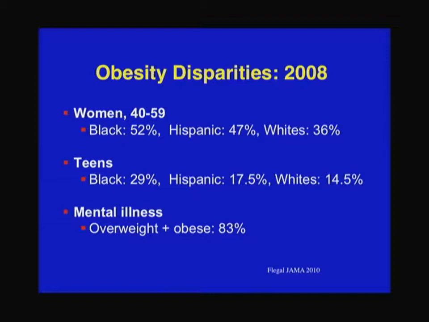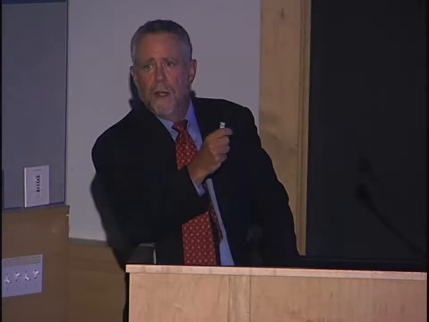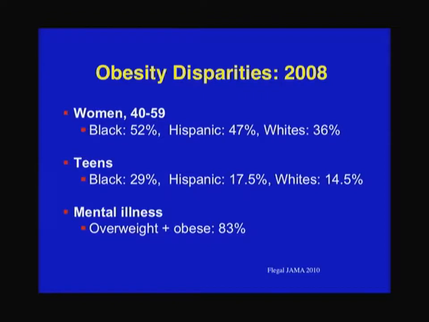It's worth noting that this is also a population in which cigarette use is very, very high. In general, there's an inverse relationship between obesity and cigarette use. That is, individuals who are heavy rarely smoke, and individuals who are very thin smoke at a higher rate. But that's not the case with mental illness, where the rates are so high in both of these risk factors that they live together.